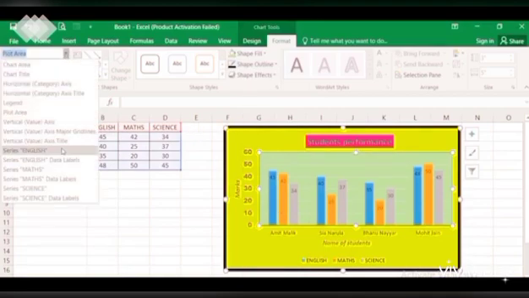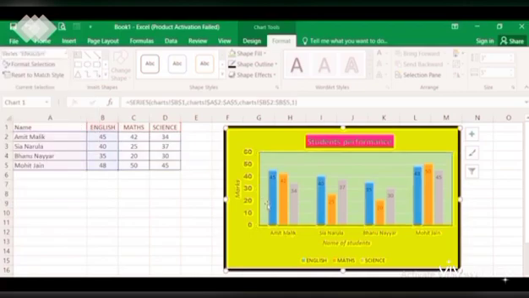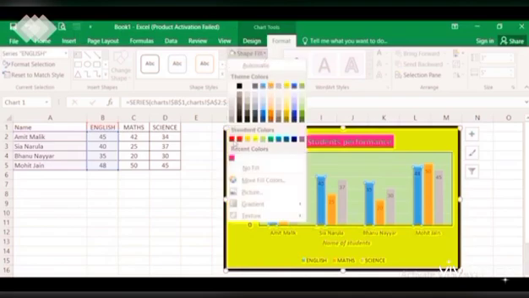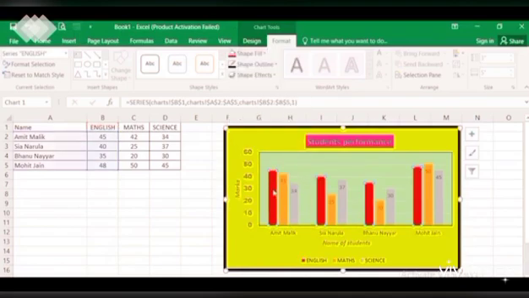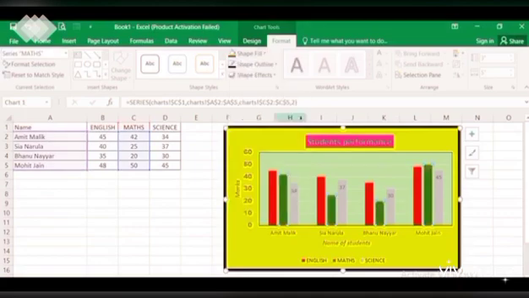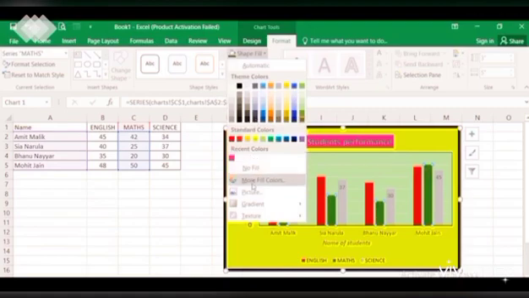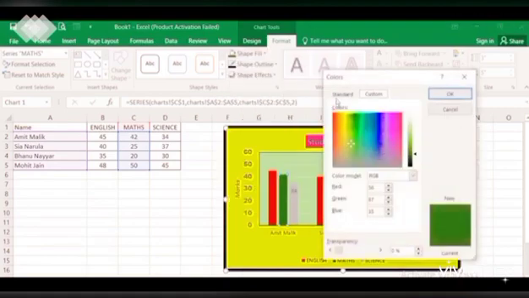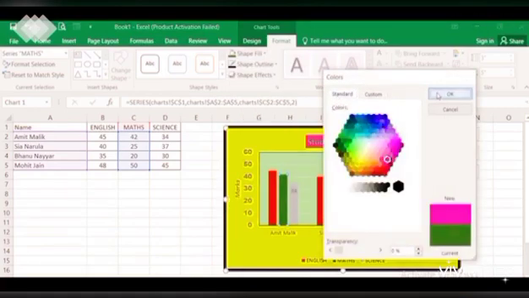After plot area, now let's look into the series, like the English series. You see here I have given blue color. If you want to change the color, go to the shape fill option. Suppose I want to have a maroon color, so all the bars which are representing English marks are changed into maroon color. Then again let's go here and have the maths, the next series. Now here again I change the color, I make it green. You can even select the colors from more fill color option, this window. From here also you can select the color.